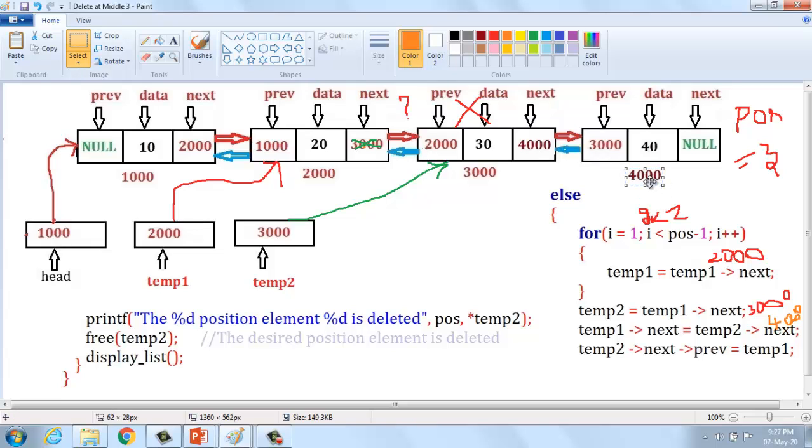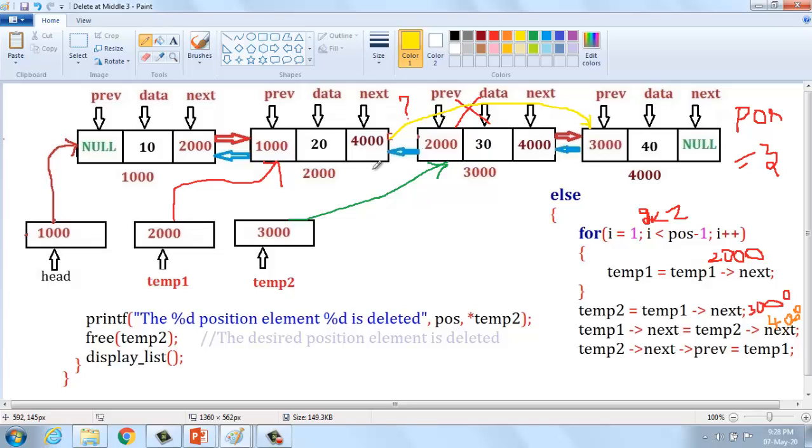Okay, automatically this should be changed into 4000. 4000 means we have to terminate this link, and then terminate this link, and then make a connection from here to this location.